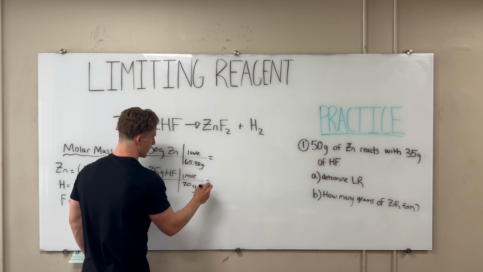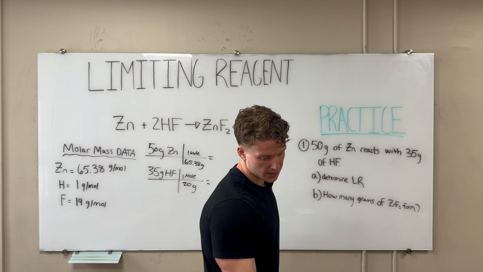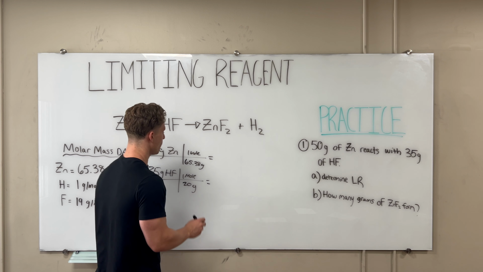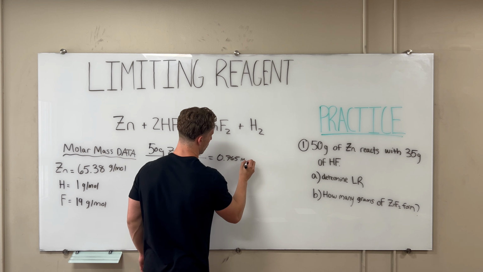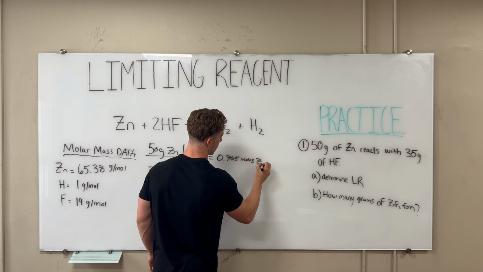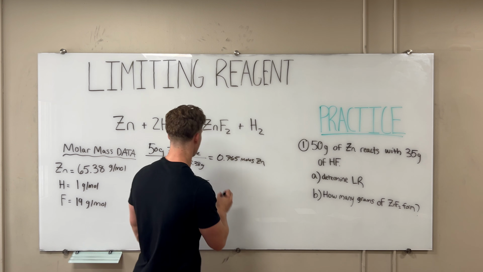Okay. Now, if we do this math out, we have 50 grams of zinc divided by the molar mass. That's going to give us 0.765 moles of zinc, okay? And we're going to have 1.75